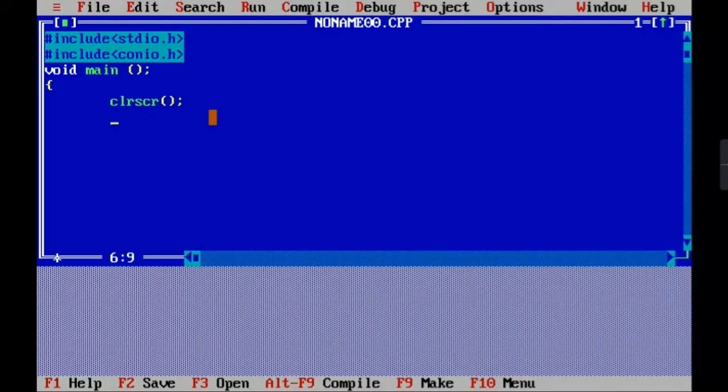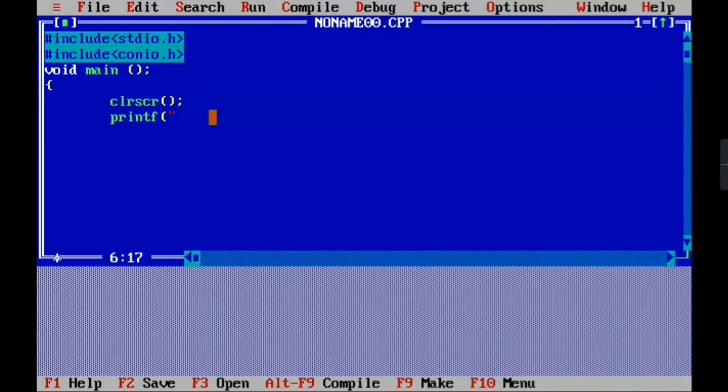Now we are going to write printf. As you see the word print, it means that the thing which you write inside it will be printed when we run the program. So let's start this basic coding. printf. Now we'll give the small bracket and we will give the double quotes.